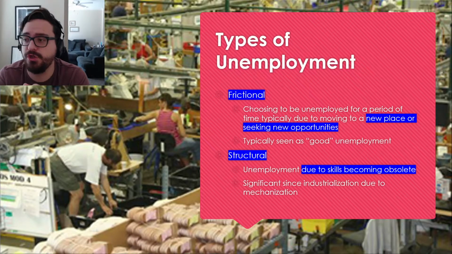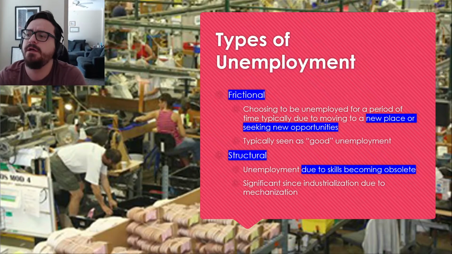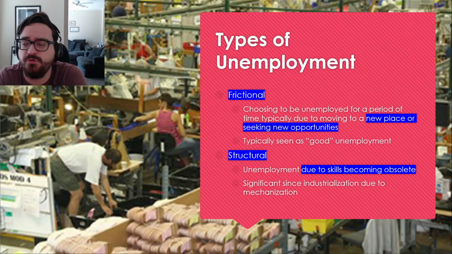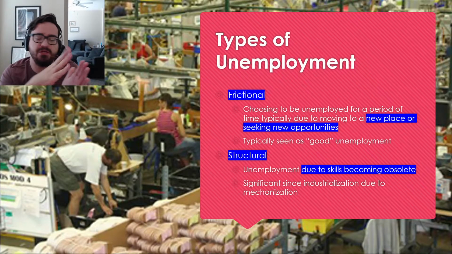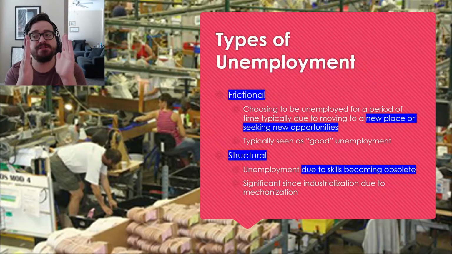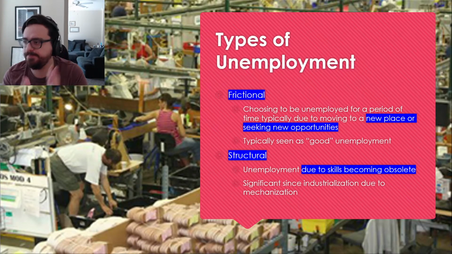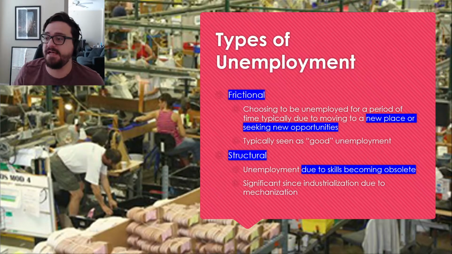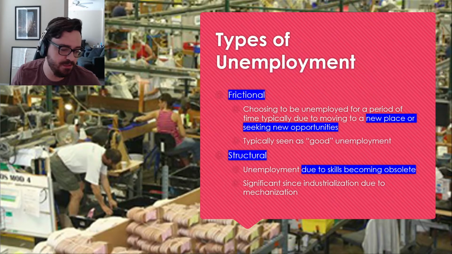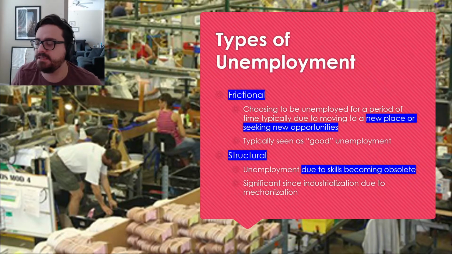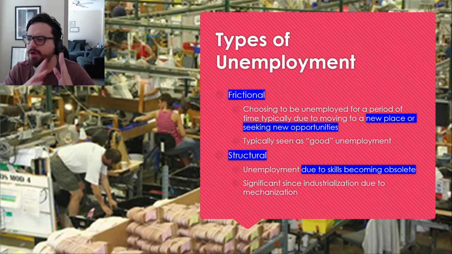The first one is called frictional unemployment, and the way to remember this one is frictional, movement-based. You're unemployed because you're moving due to either a new place or a new opportunity or a new time in your life. So when you graduate college and you enter the workforce and you're unemployed for a period of time to look for a career, that's frictional unemployment. If you start living in Texas and you think, Texas is not exactly for me, I'd like to go live in Montana, big sky country, I move there and I'm unemployed for a little bit, trying to get my place set up, and I get a job eventually, but I'm unemployed for a month or so.